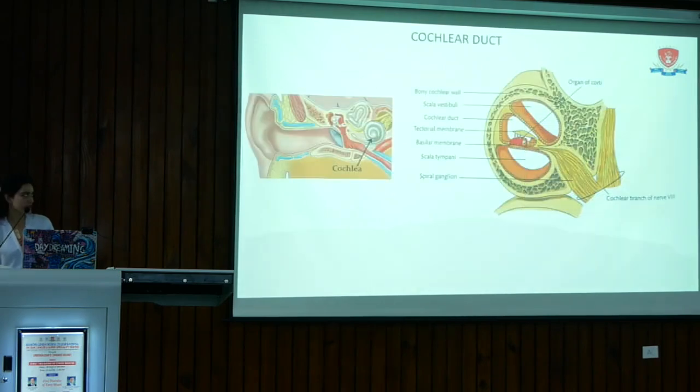The cochlear duct. The cochlear duct is the anterior spiral portion of the membranous labyrinth. It lies within the bony cochlea and is situated between the scala vestibuli above and the scala tympani below. On the basilar membrane of the cochlear duct, there is a structure called the spiral organ of Corti, which is the sensory organ for